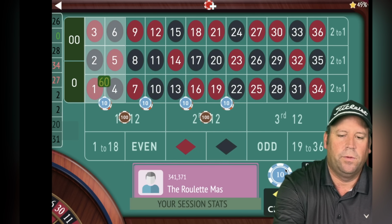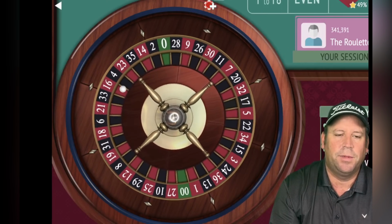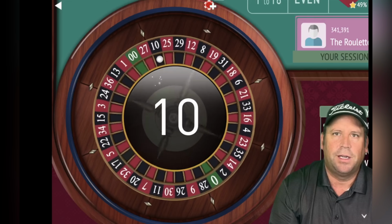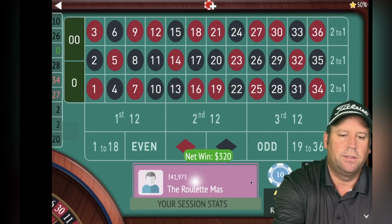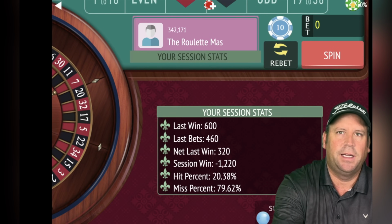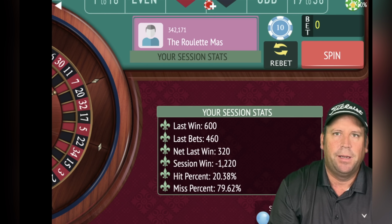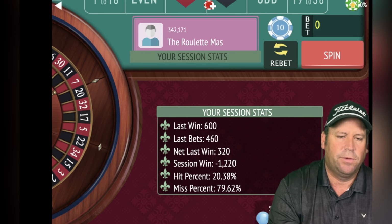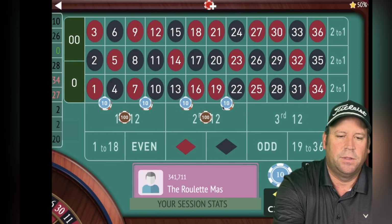And we were in good shape. Okay, let's go ahead and spin. We were in really good shape. We should have cashed out far earlier, but I wanted to show you guys the possibilities with this. And there's another win. So when you're down this much, all you can do is start putting the money back into your next bet. So it looks like we have 780 left, and let's